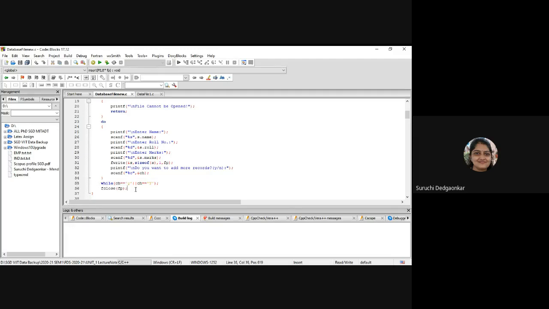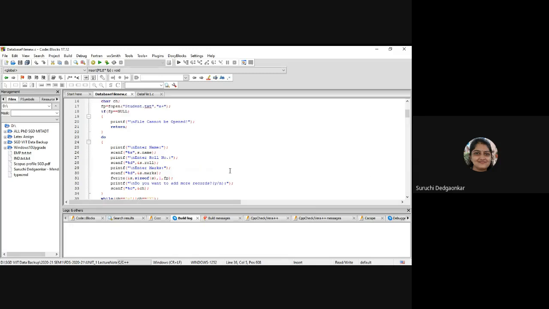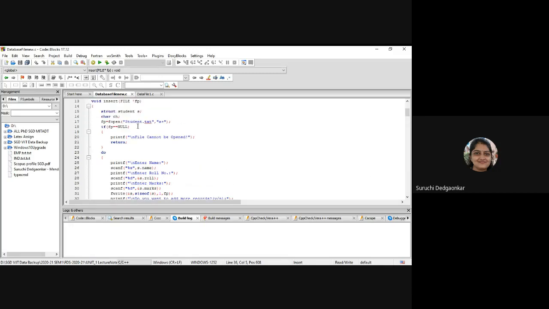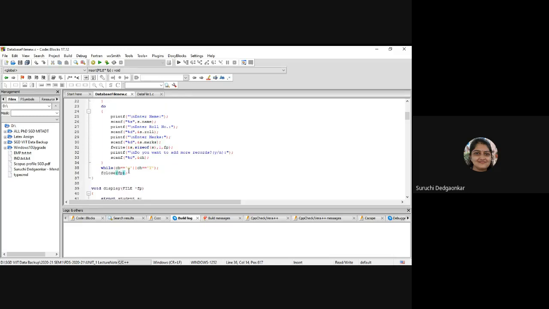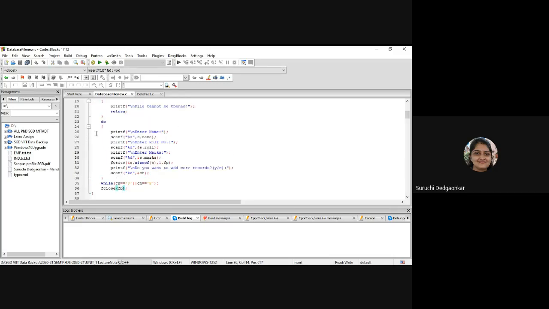And fclose(fp). Don't forget to close the file. Otherwise, the changes which you are making may not be reflected into the file sometimes. So first of all, you have to start with fopen, you have to end with fclose, and in between you are doing the changes.